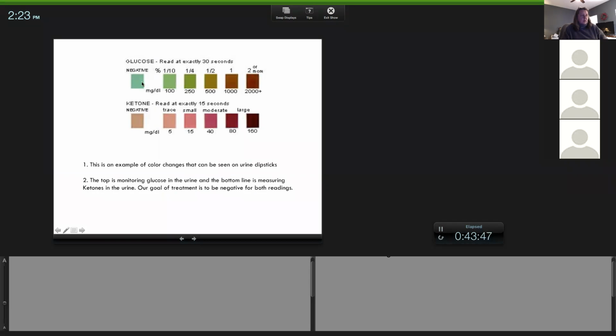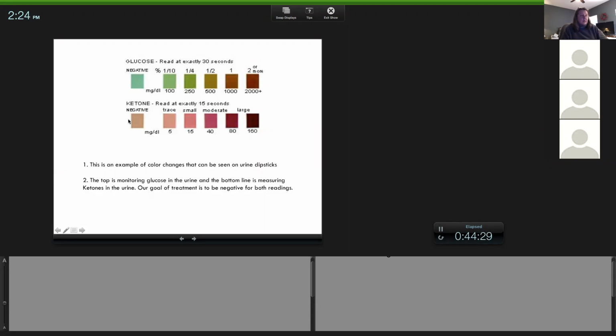Now, if you put urine on a stick and it's negative, it's going to be this light green. And then it can change these colors, and this gives you an idea of the level of glucose based on the color. And then ketones can also be traced. Now, ideally, in a diabetic patient, you'd like both of these to be negative, but it's common to have glucose positive, especially when glucose is high in the blood. Hopefully you get negative ketones, because if they're making ketones, then we're getting into that ketoacidosis.